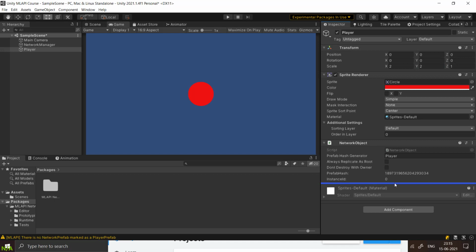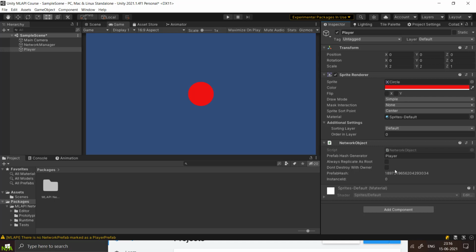Every object that has to be spawned or moved or taken note of by MLAPI has to have a network object script, which assigns this object a unique ID, as you can see here, the hash. The prefab hash generator is basically its name, the script is network object, and these two are properties we don't need to deal with right now.